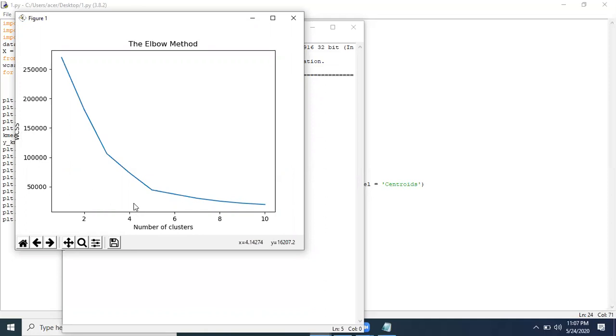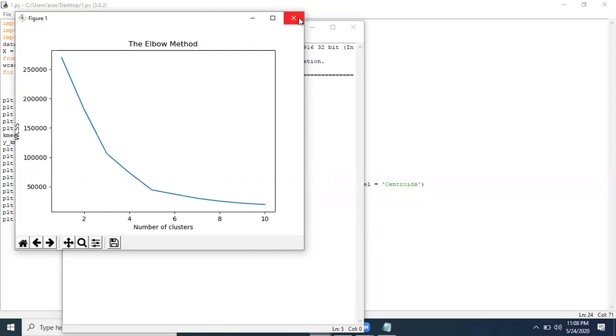So see here there is a change in the WCSS, but after this point the WCSS remains constant. So that's why we have to consider this point, which is k equal to 5. So the number here is 5. That's why we have taken the initial number of centroids as 5, and we have decided that the number of clusters should be 5.